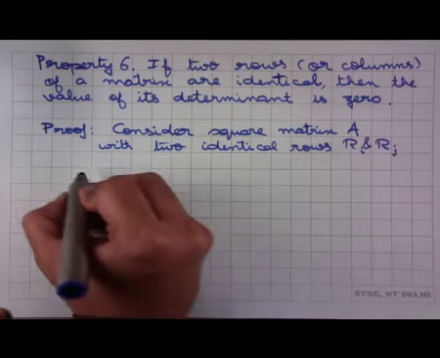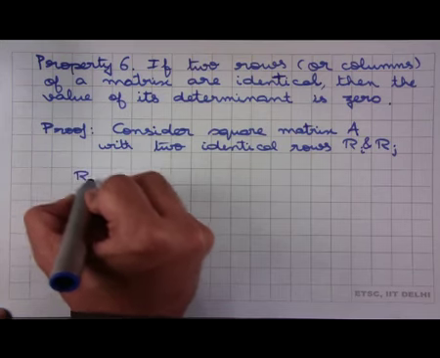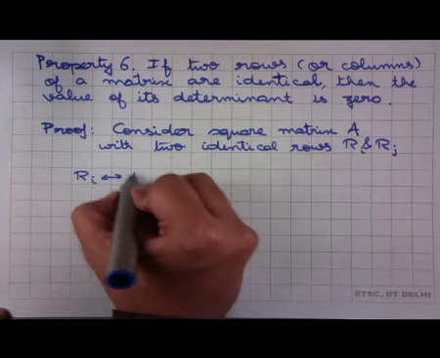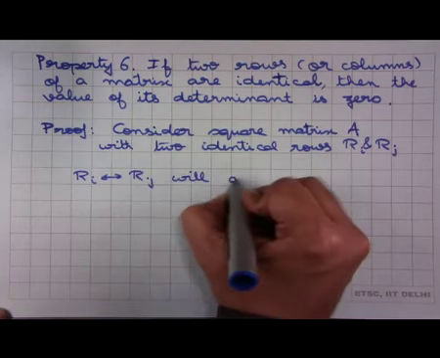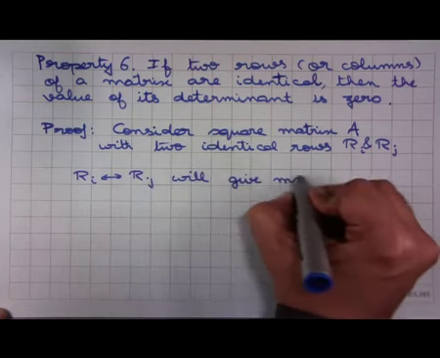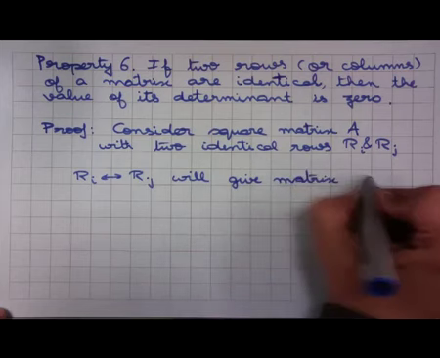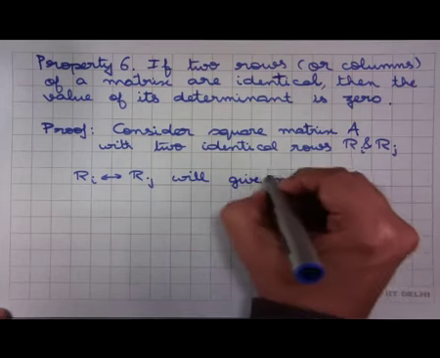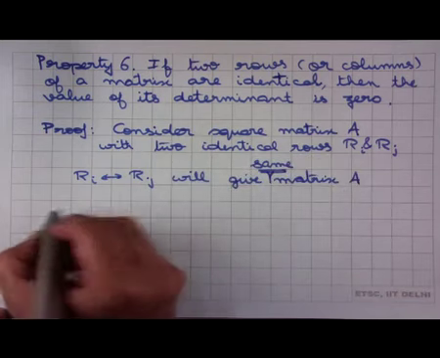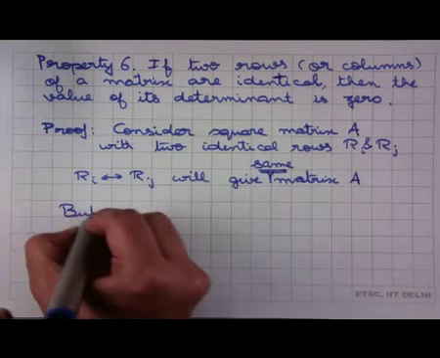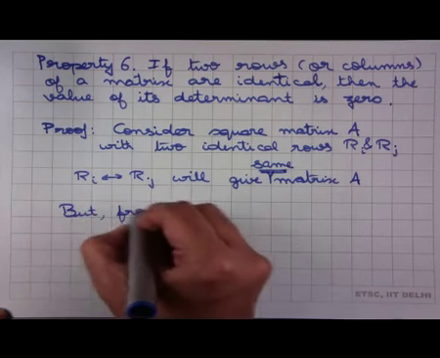We know that interchanging the rows R i and R j will give the same matrix A, but from the previous property